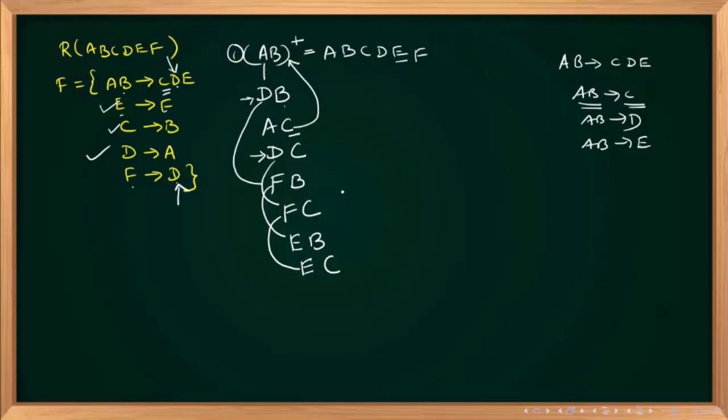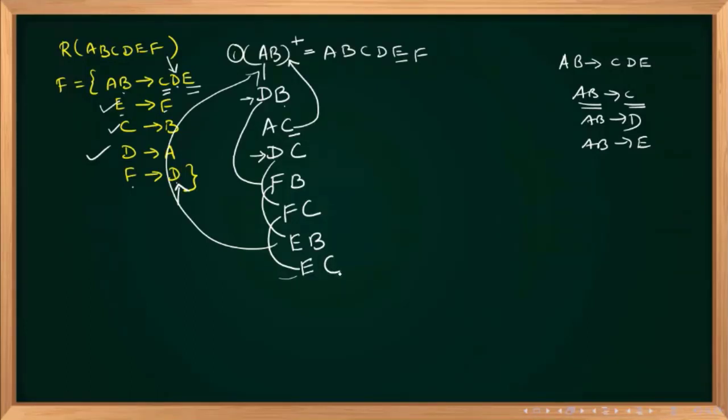Now I'll check with E. Now A, B, C, D, E, F. Now new attribute is E. E came into picture now. Right side E is there. If right side E is there, I can substitute left side AB. But if I substitute left side AB, it will become the original one. Okay, so I will not do that. Here also, this one is a much better answer, so I will not do that. So A, B, C, D, all attributes I have substituted. All new attributes which got generated, I have substituted.